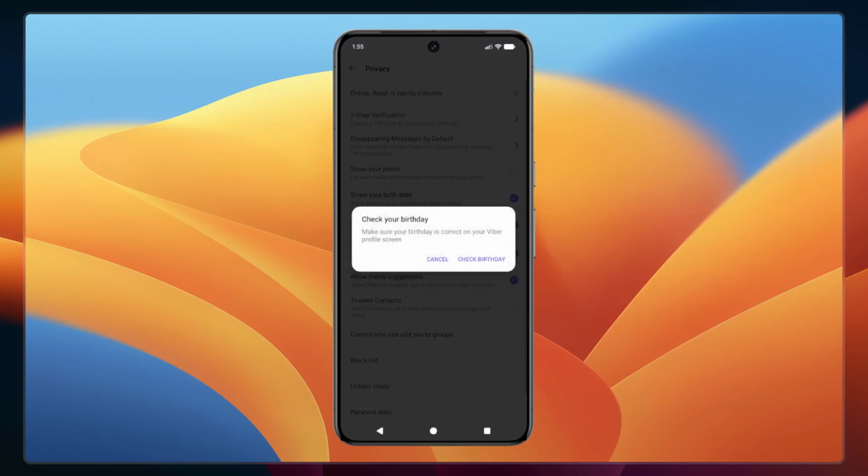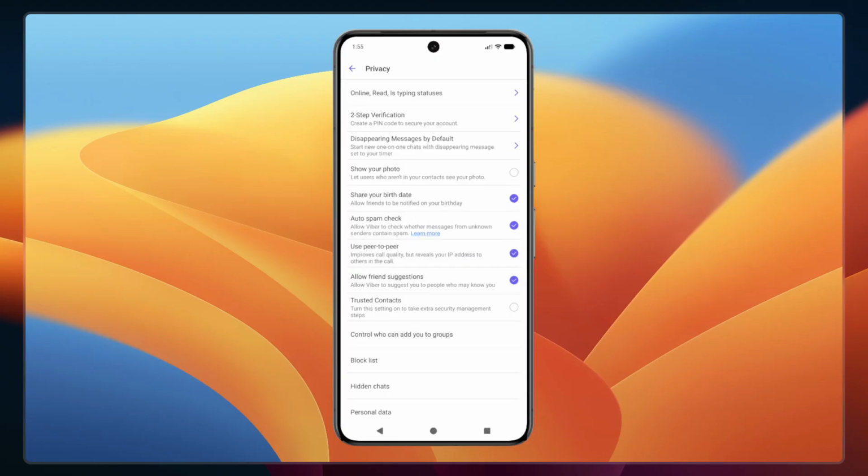When it's checked, your birth date will be visible on your profile to other Viber users. You can toggle this on and off whenever you want, giving you flexibility to change your privacy preferences at any time. And that's it. You've successfully customized your birth date